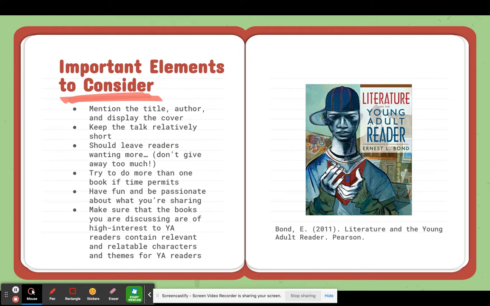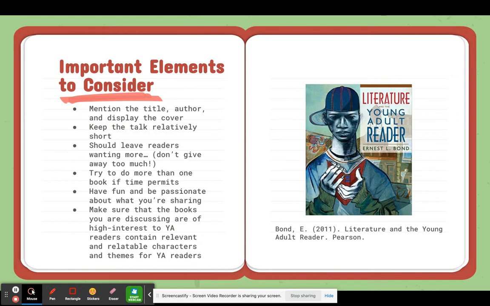You want to keep the talk relatively short. As with anything, change and movement in the classroom when talking to young people is good. They have a pretty short attention span most of the time. And if you're not giving away too many details, as you don't want to do, it's going to be pretty short anyway, a few minutes at most, giving them that little sneak peek of what to expect in this book, maybe reading just enough of the first chapter to keep them wondering, to keep them guessing.